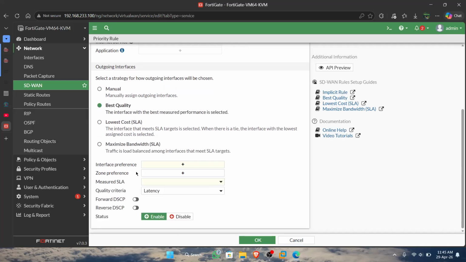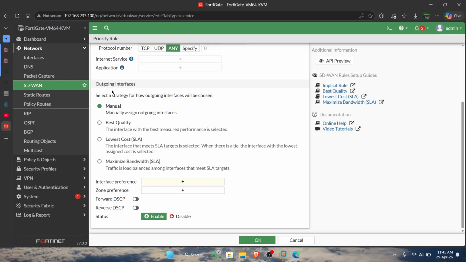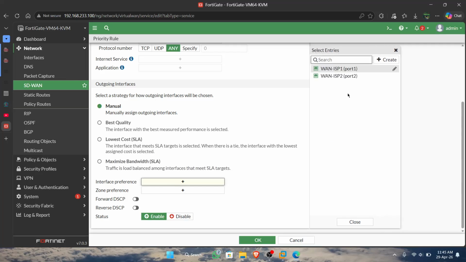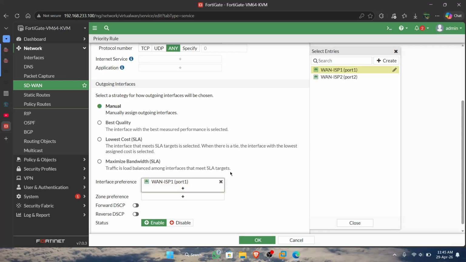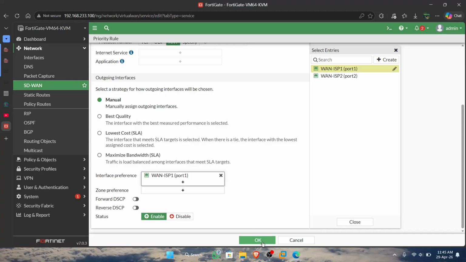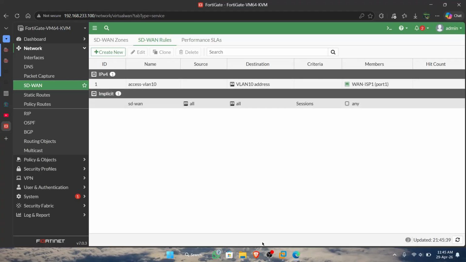You can see that you must enter a measured SLA. So this is manual configuration, and for the interface preference we choose port 1. This gives one configuration and one SD1 rule.